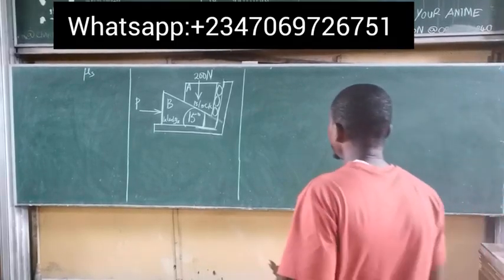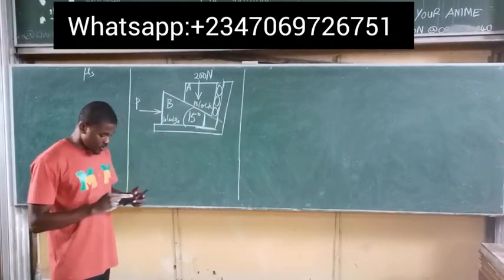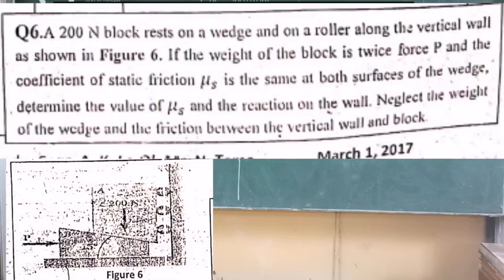Alright, so let's consider the question on the board. The question says a 200 newtons block rests on a wedge and on a ruler along the vertical wall as shown. If the weight of the block is twice force P, and the coefficient of static friction is the same at both surfaces of the wedge, determine the value of mu x,